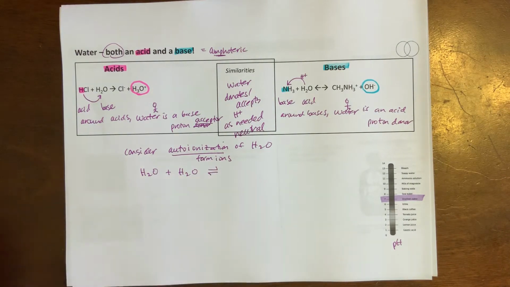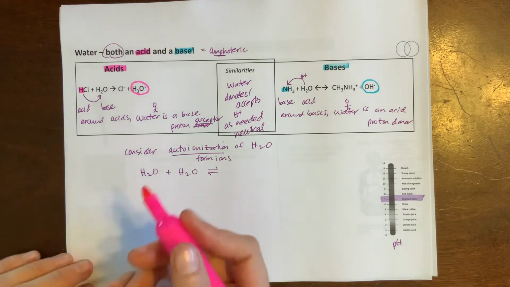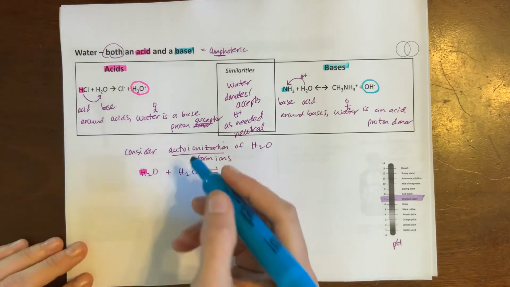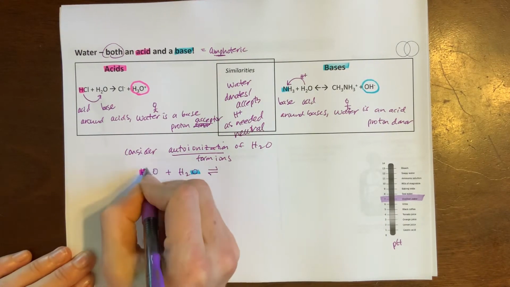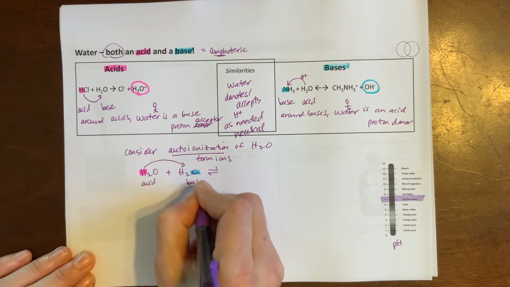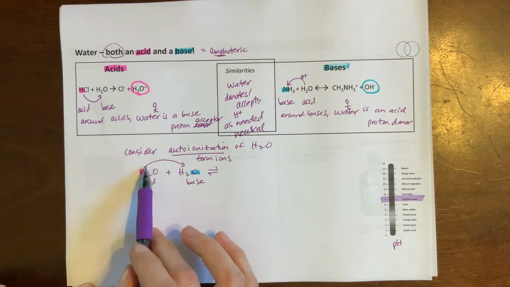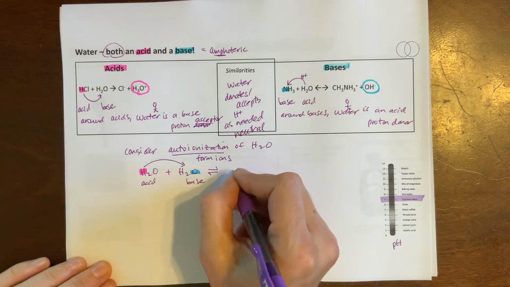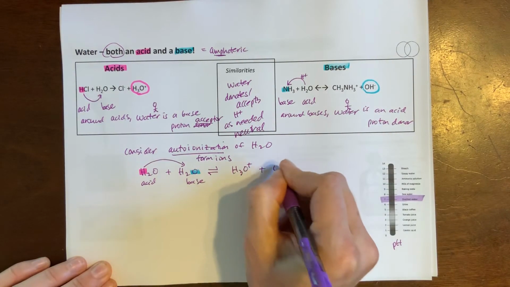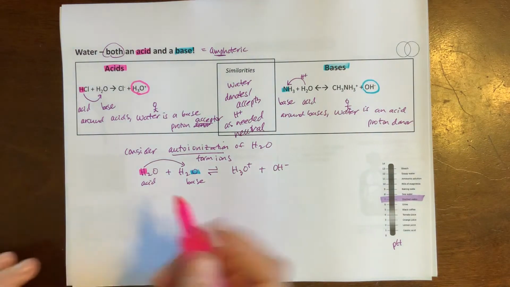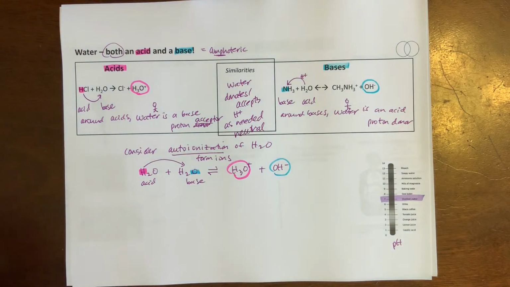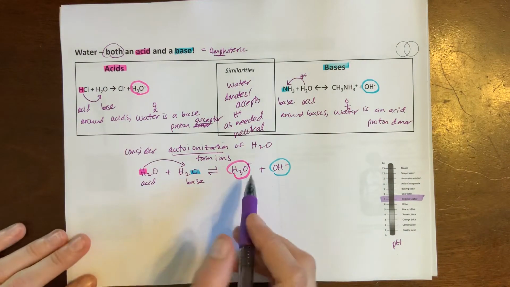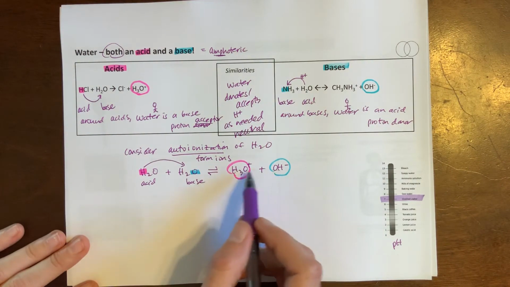It's very neutral. So I've got these equilibrium arrows here. But one water can wake up and say, I feel acidic today. The other one says, I wake up and I feel basic today. So the acid water donates, not that they wake up and feel something, it's more a flip of a coin, but this water would donate a proton to this water. And as a result, I get hydronium ions and hydroxide ions. Yeah, so hydronium and hydroxide. And now I'm like, that water just acted like an acid and it acted like a base, which is kind of crazy. So what I end up with is I have equal quantities of these two ions, right?